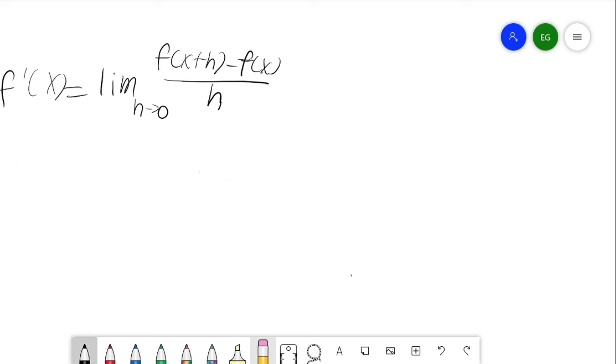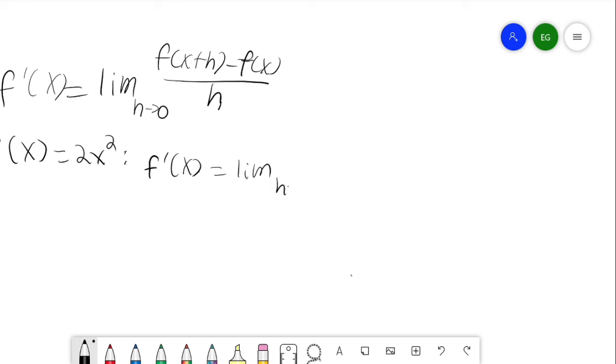So let's take something a bit more challenging. How about a parabola? Let's do 2x squared. What will we get? Well, let's see. We will have f prime of x is equal to the limit as h approaches 0 of, now let's see, f of x